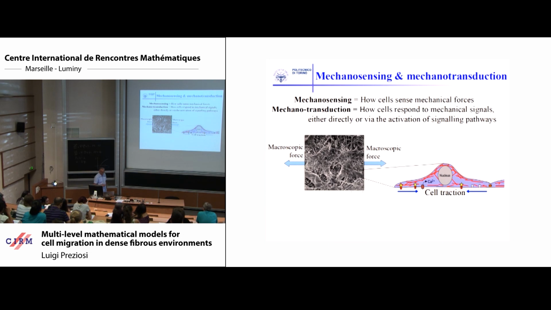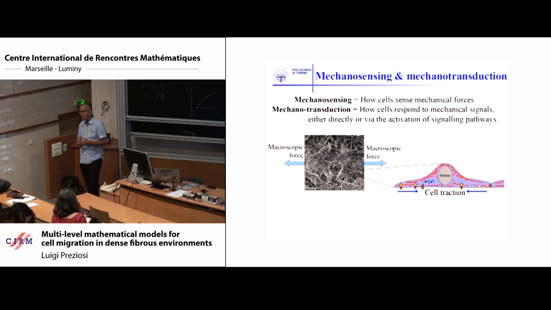It has to do with a new topic which is called mechanotransduction, mechanosensing. If you want a definition, it's this one. Mechanosensing is how the cell feels the mechanical forces from the environment. It's coherent with the general topic of my talk, because I was thinking about the interaction of the cell with the extracellular matrix. Mechanotransduction is in some sense the reverse: the cell feels the environment mechanically, and it responds to the mechanical environment